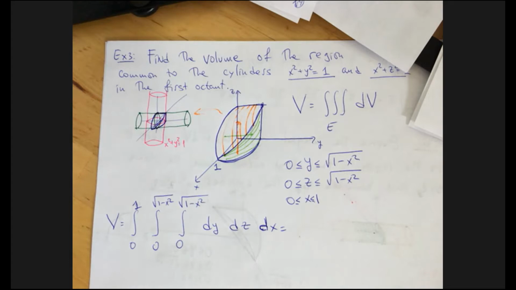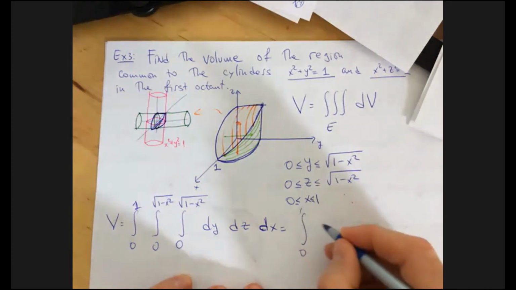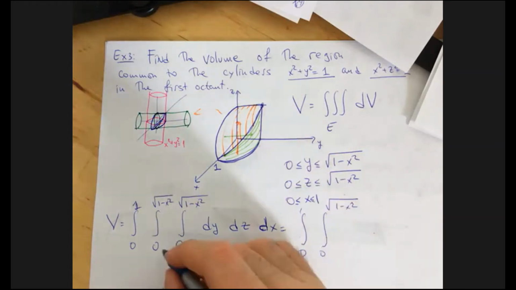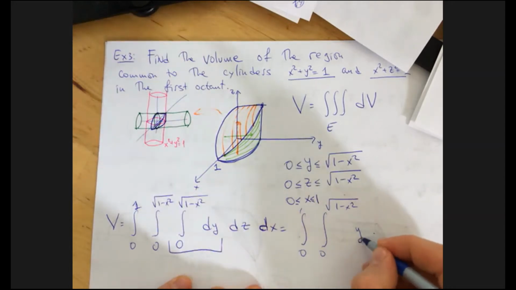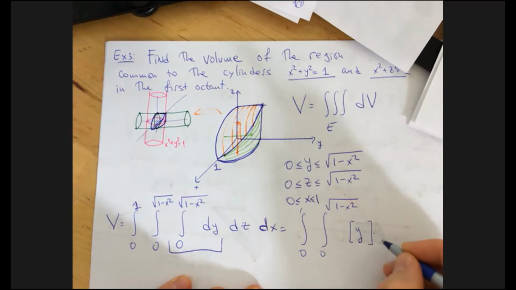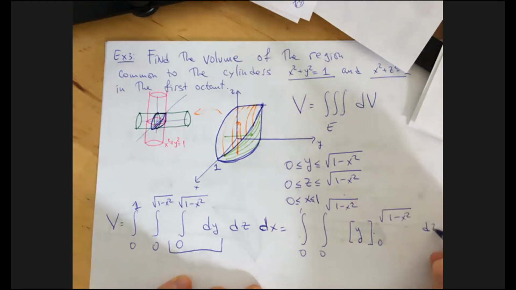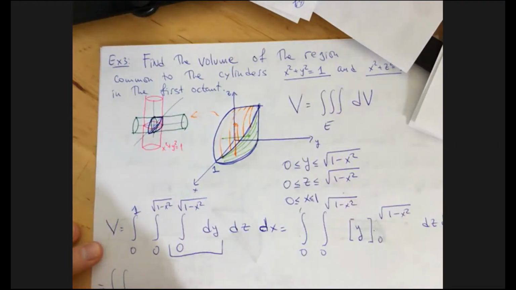Okay, so how much is this? The integral of 1 dy is just y, evaluated from 0 to square root of 1 minus x squared, dz dx, which leaves us with the double integral